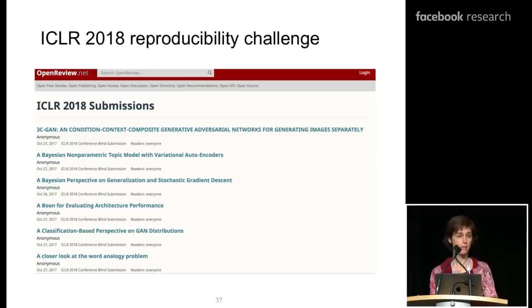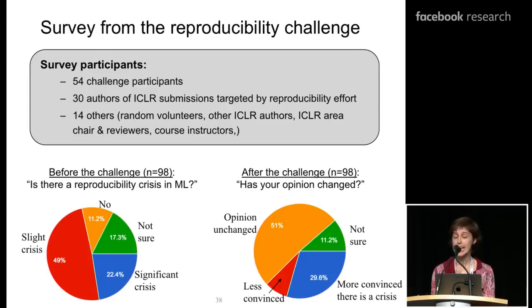Most of the participants wrote a report to submit to their course instructor, but they were also invited to prepare a blog post version of it to submit on OpenReview as voluntary comments, such that the authors and the reviewing committee could perhaps consult what they had to say about the paper. And after all this was done, I ran a survey of participants and authors to see what they thought was the conclusion of that exercise.